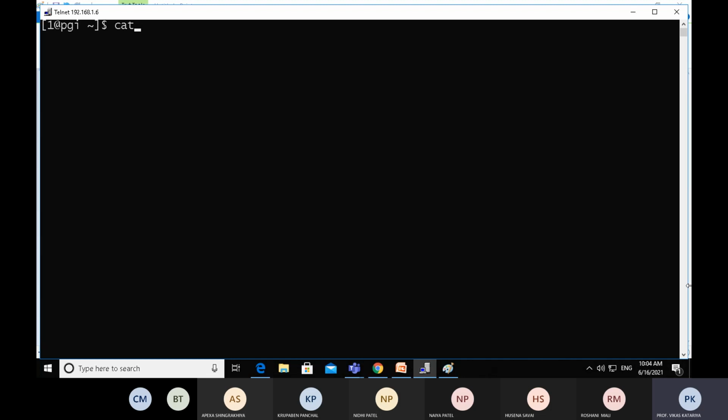Cat sample pipeline grep power symbol A. Now observe the output is only apple. In this way you can find content starting with a particular character or a particular string.